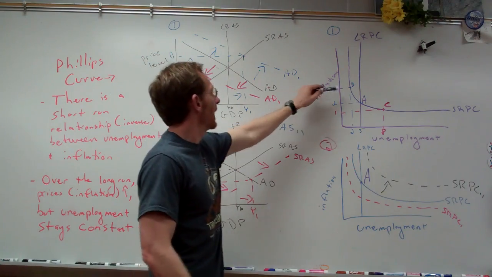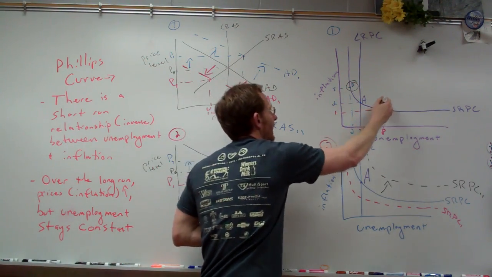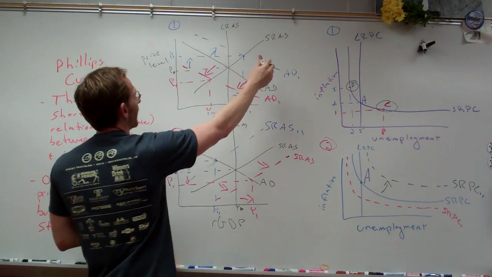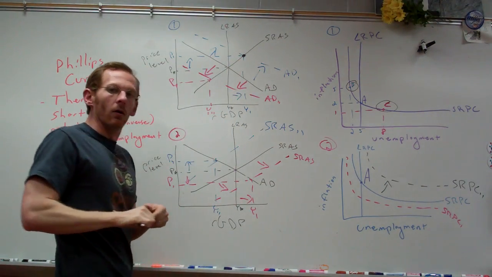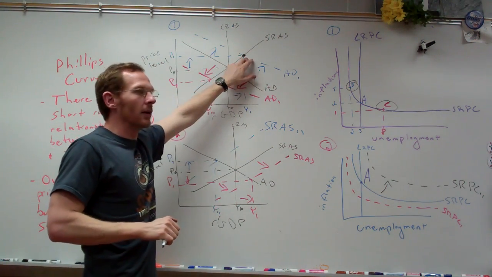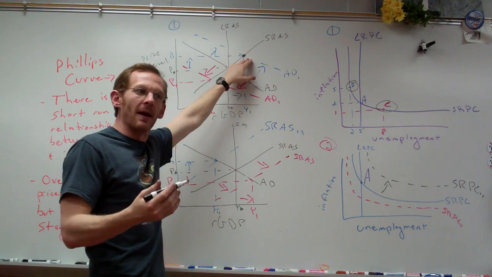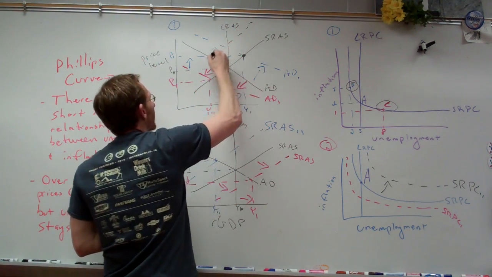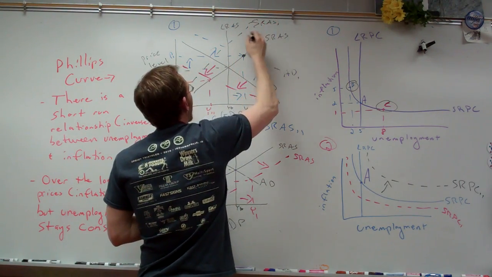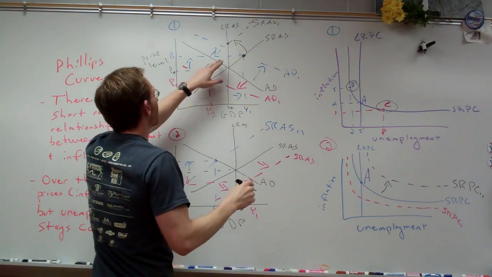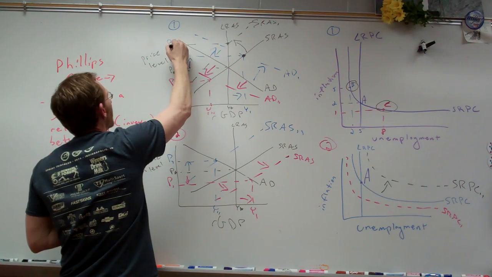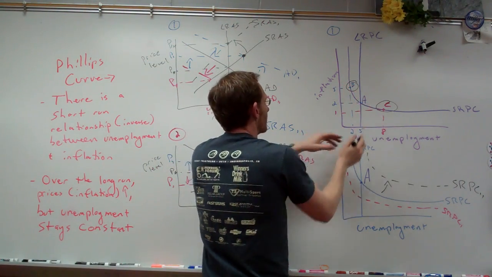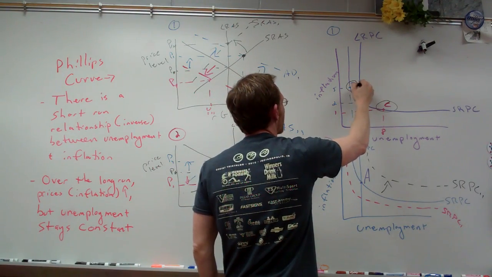Okay, so let's get back up to this. Now we're here at point B, right? Or we're at point C, either one. Eventually we know that it's going to go back to equilibrium. But let's say we're here, let's say we're at AD sub 1, and let's say we're right here. We know, because we've learned this in Unit 3, prices are higher, right, and wages are sticky, so people eventually start demanding higher wages, which is an input cost. So we know that SRAS will change, right, and go back this way because of input cost. And that will, what? That will be a shift to the left, which means even higher prices. We'll say P sub 3, and the same employment. So what will end up happening is we will have the same original unemployment with just higher prices. So we'd be here at point D,